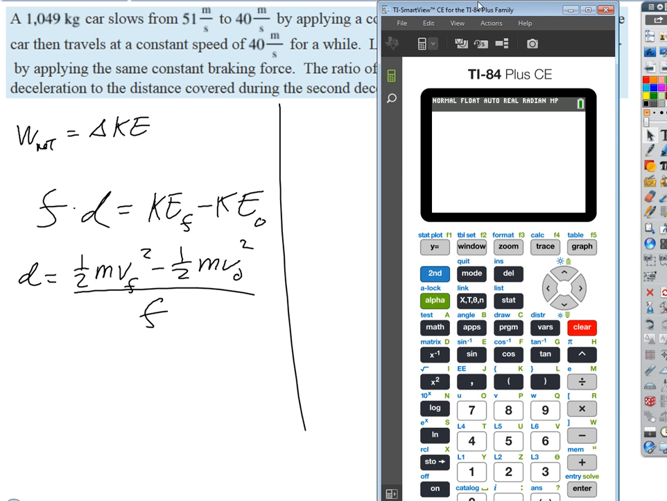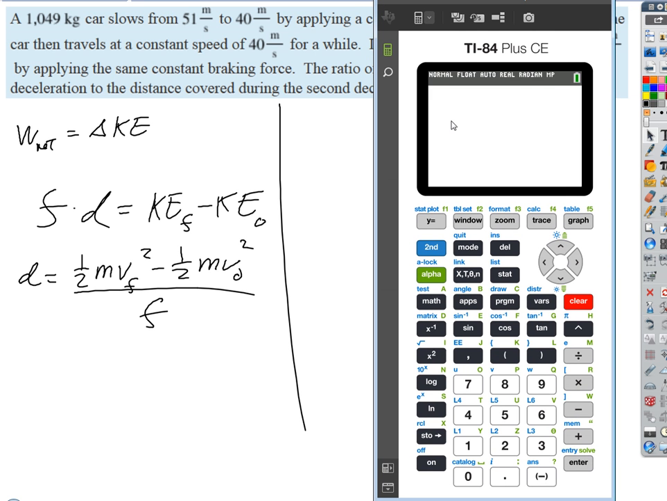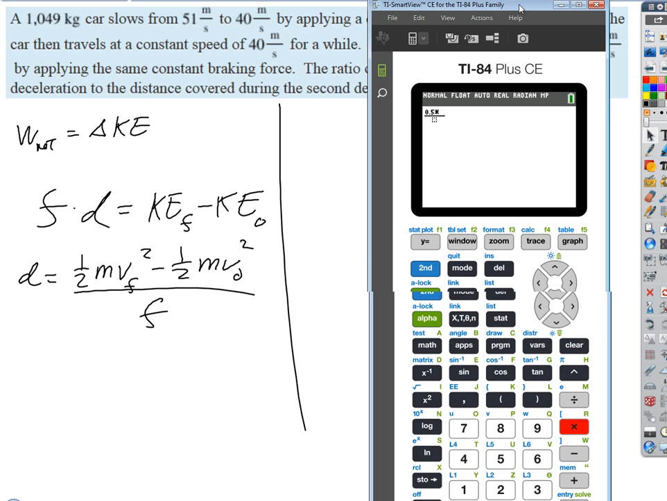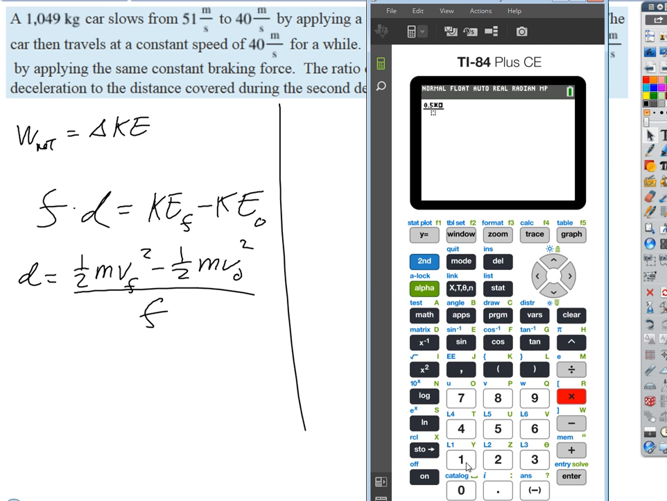Okay, so we're going to have to just redo this expression, but we can just kind of cut and paste. So we're going to get on top, I'll make this a fraction for you. How's that? So on the top we get 0.5 times 1049, okay? And if I really wanted to, I could have factored out a 1/2 m on the top, but we don't have to. Times 51 squared